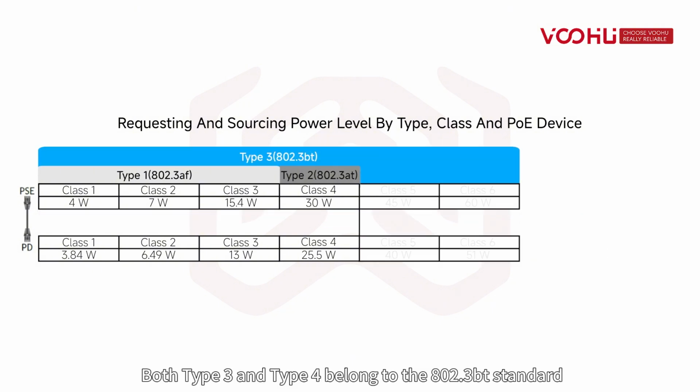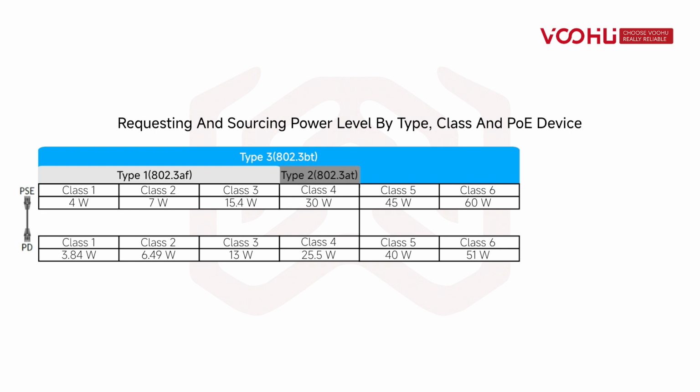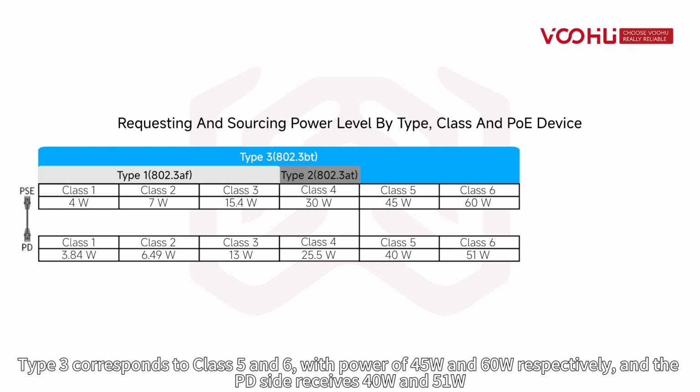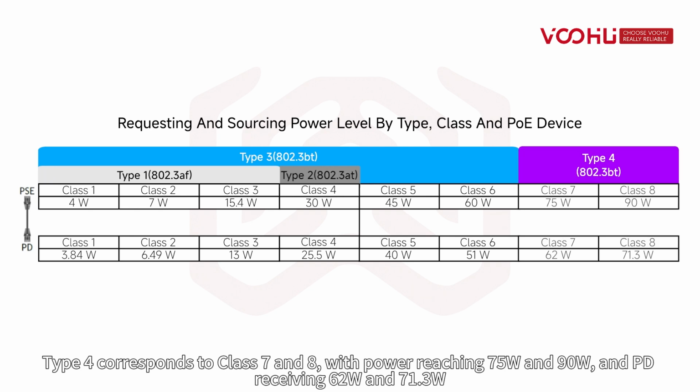Both Type 3 and Type 4 belong to the 802.3bt standard. Type 3 corresponds to class 5 and 6, with power of 45 W and 60 W respectively, and the PD side receives 40 W and 51 W. Type 4 corresponds to class 7 and 8, with power reaching 75 W and 90 W, and PD receiving 62